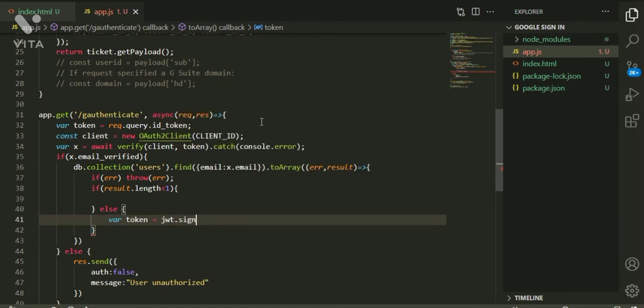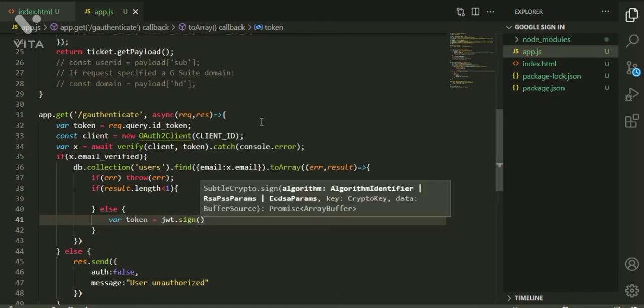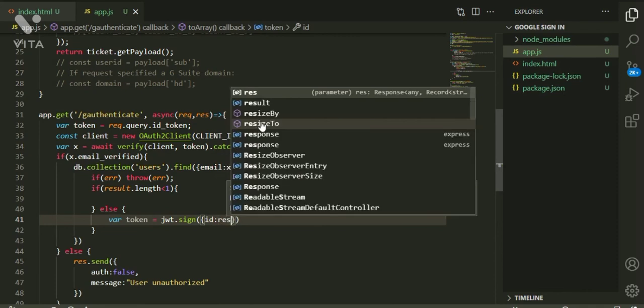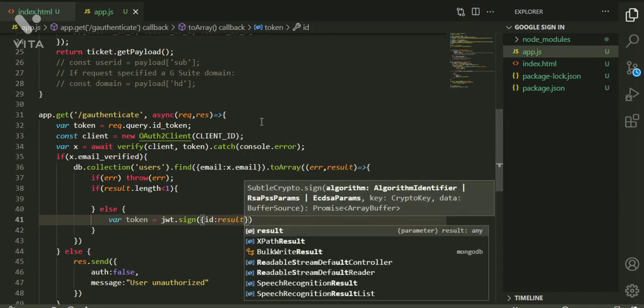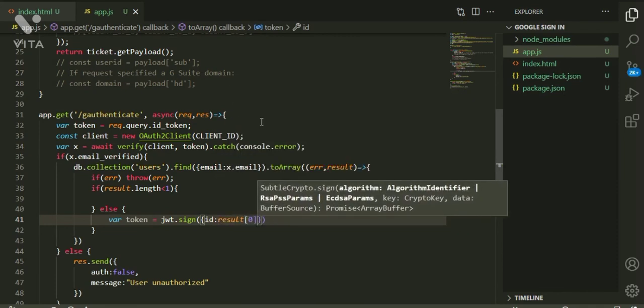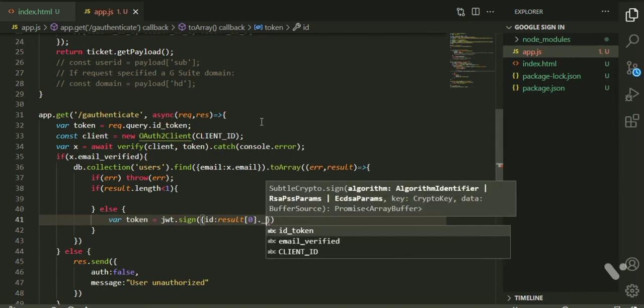So jwt.sign of the ID, result of 0 dot underscore ID.